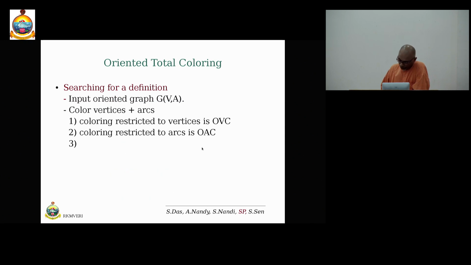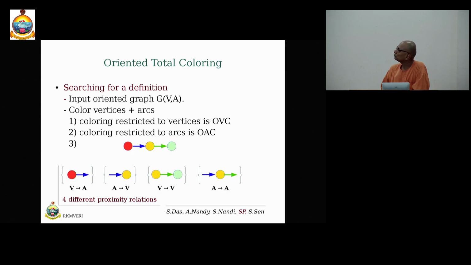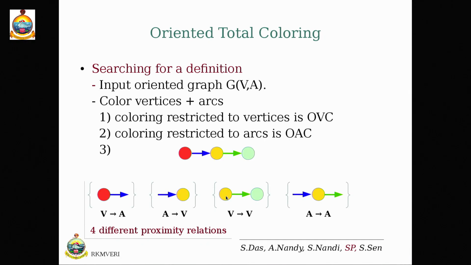Well, finally, how do we define the oriented total coloring in terms of homomorphism? That needs to be vetted first. Say, for instance, you have a 2-dipath, a green, yellow, red triplet of vertices. We have four kinds of relation: vertex to edge, edge to arc, vertex to vertex, and arc to arc. Loosely speaking, we have four different proximity relationships, and each of these will need to be